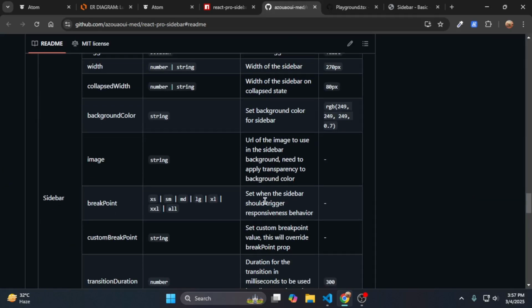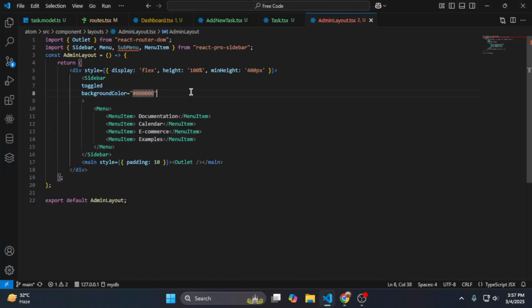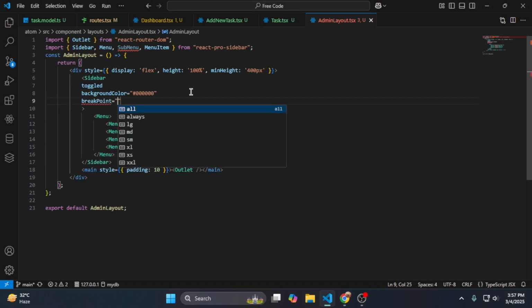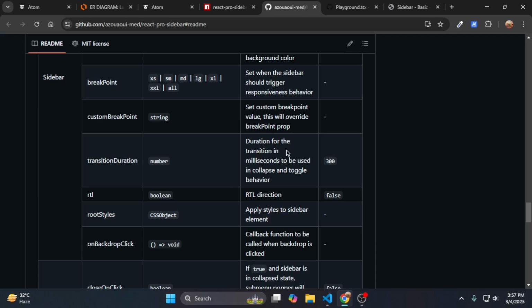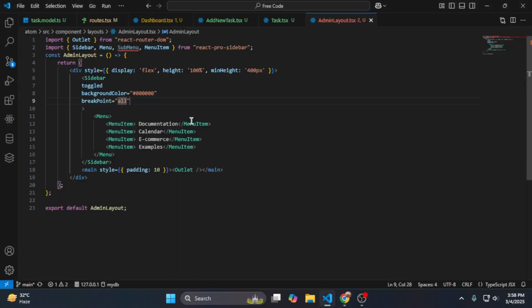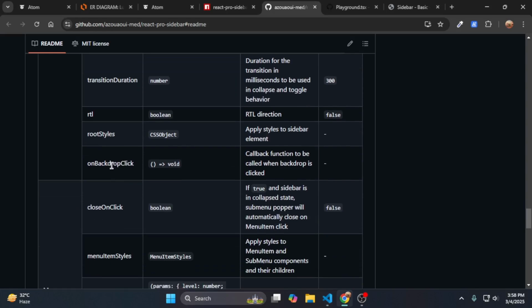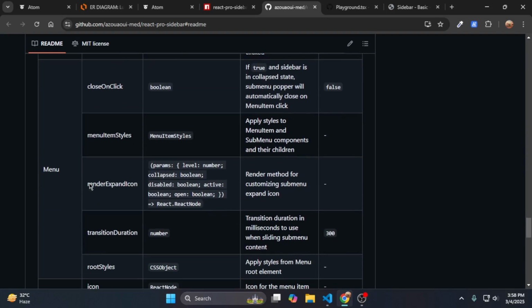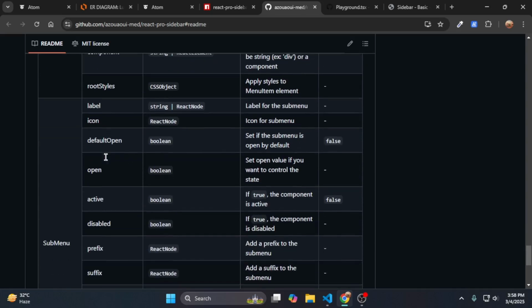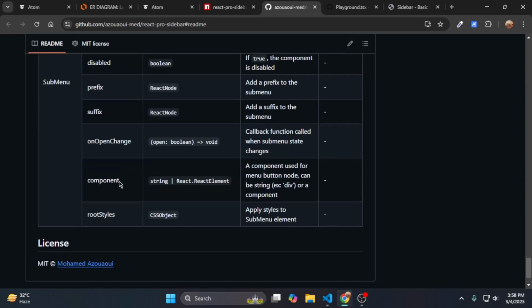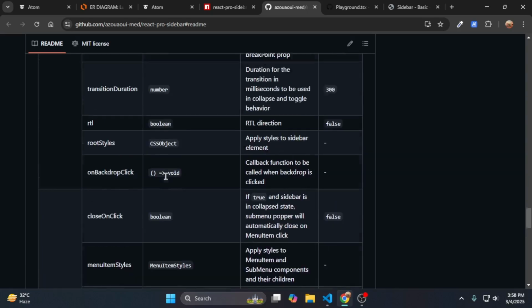Then they have a breakpoint. Set when the sidebar should trigger responsive behavior. So I can add here a breakpoint. The breakpoint is something like all. Custom breakpoint. Set custom breakpoint value. This will override the breakpoint prop. Transition duration, the transition in milliseconds, to use 12. For now I am not going to use it. Then on backdrop. So active, suffix, prefix, then component, label, icon, open, active. They have a lot more. So what I want,